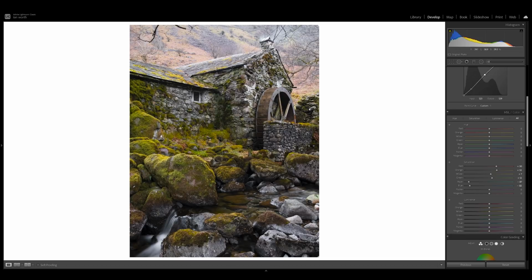And we're getting a lot of greys here now as opposed to blues. So you can really see the difference as I move this slider, how that's helping to simplify the composition in terms of the colours. Now I'd like to make these mosses pop out a little bit more, so what I'm